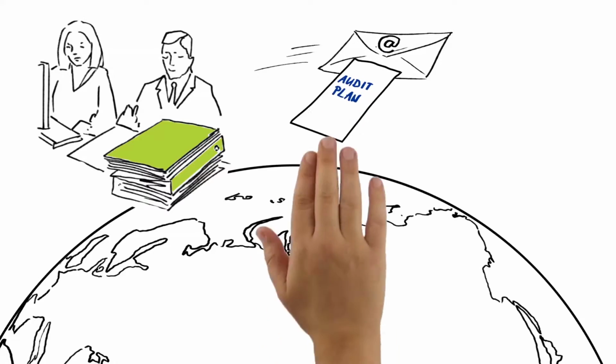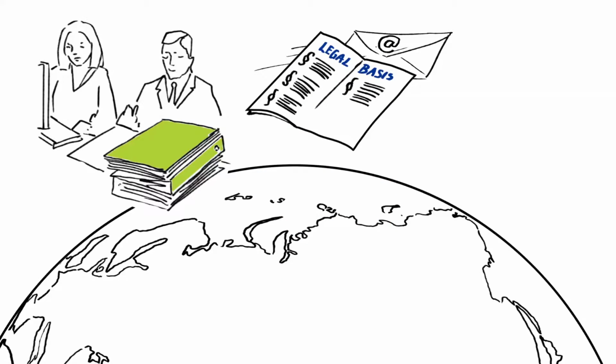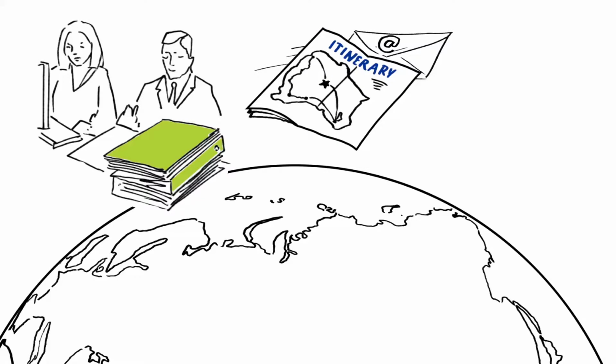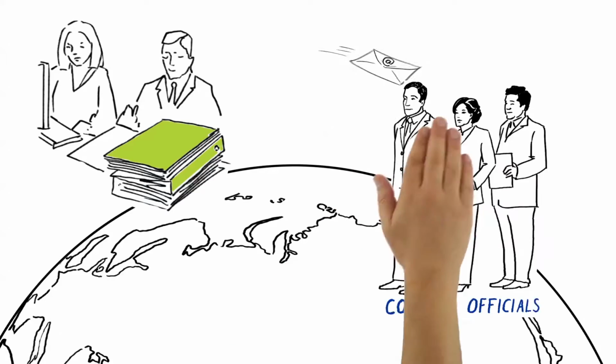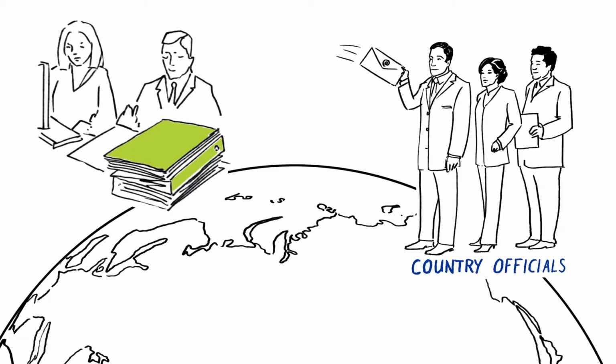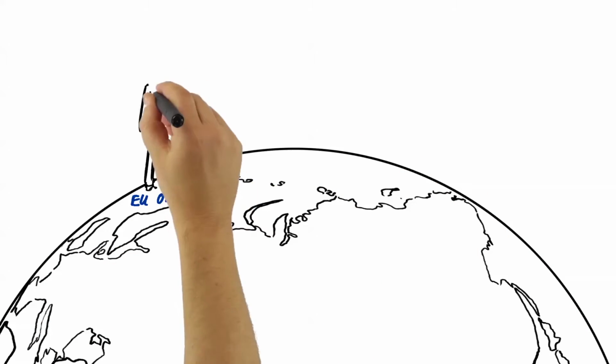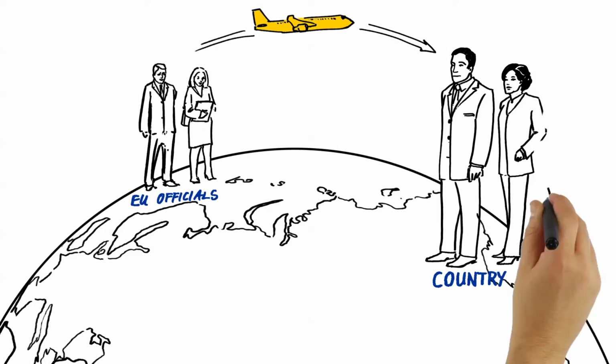This plan outlines the key objectives, the relevant legal references and the dates for the audit. It also aims to clarify open questions and to start the development of an itinerary, which is subsequently finalised. All places and visits included in the itinerary are chosen by the auditors in cooperation with the competent authorities to get an objective assessment of the food safety system in place. Then the auditors travel to the country to check, does the system work in practice?